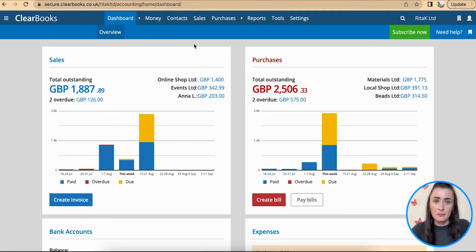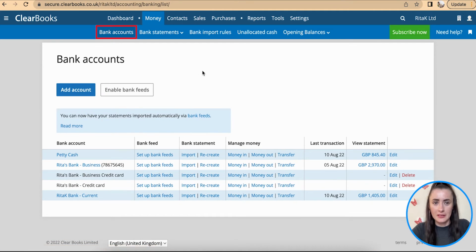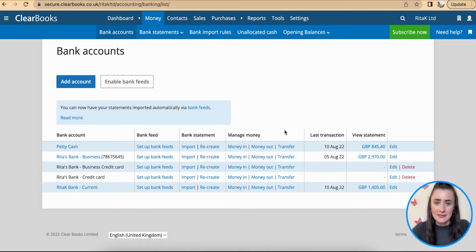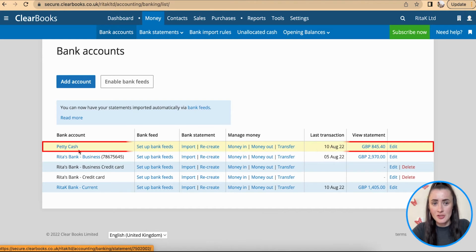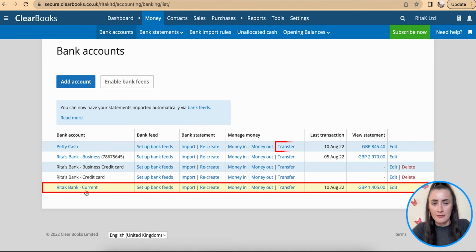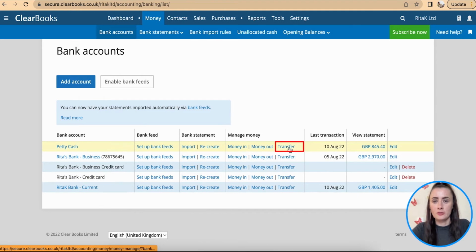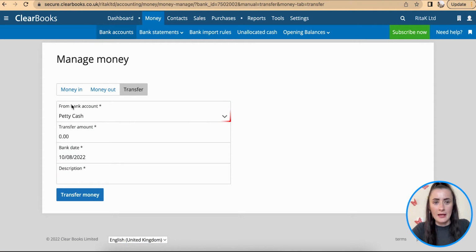To record transfers between bank accounts or money accounts, we need to go to the Money section and click on Bank Accounts. Here, in my case, I have deposited £500 from my petty cash into my current account. So I can click on Transfer, and this allows me to select from which bank account I have transferred how much. So I have transferred 500, bank date 10th,